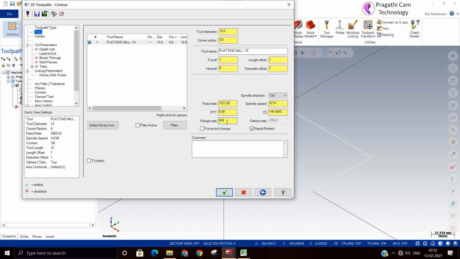Feed movement is movement of the tool in the XY direction. Plunge rate means movement of the tool in the Z direction. So always the movement of the tool in the Z direction should be less than the feed movement. So always the plunge rate should be less than your feed rate. Retraction you can keep rapid.